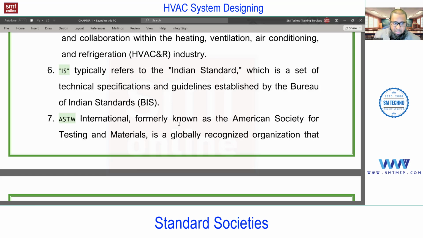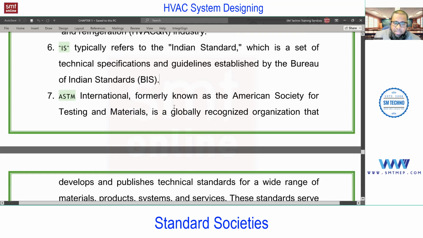ASTM is the American Society for Testing and Materials. In short, ASTM. This is related to materials. So how do we come to know that copper is a good option for refrigerant piping and GI is a good option for ducting? Based on the research and development from ASTM.